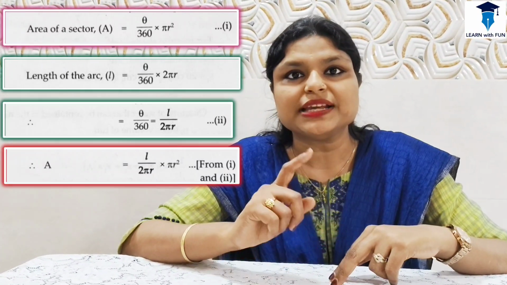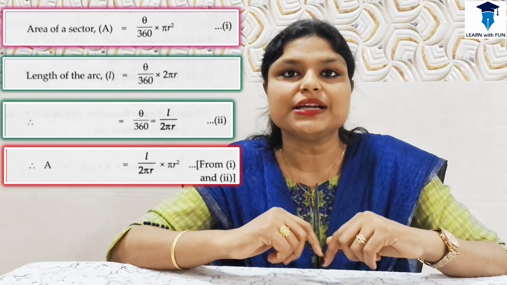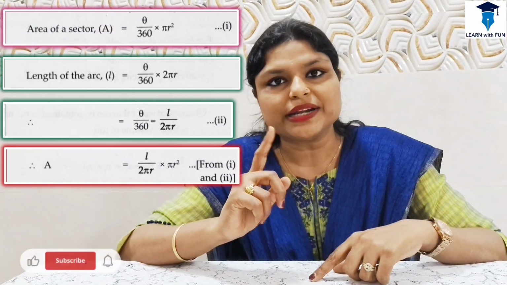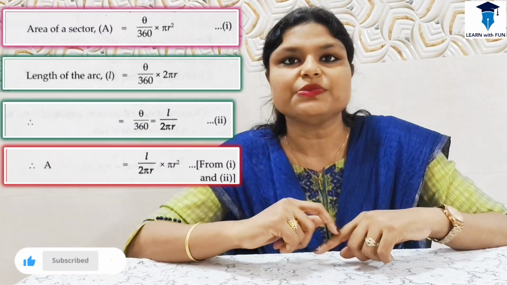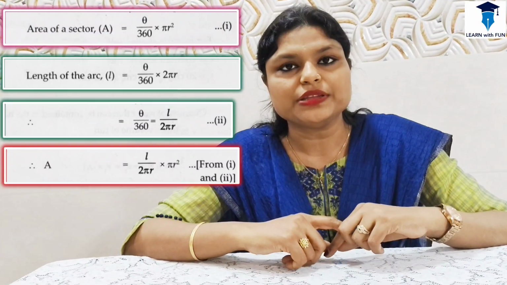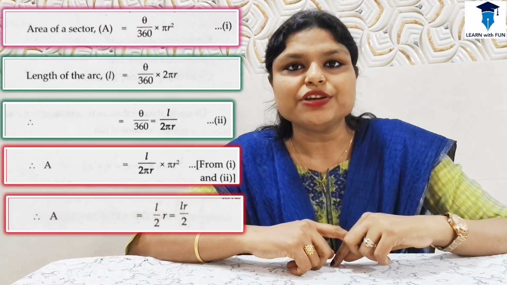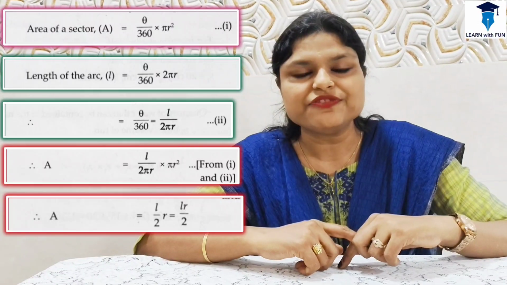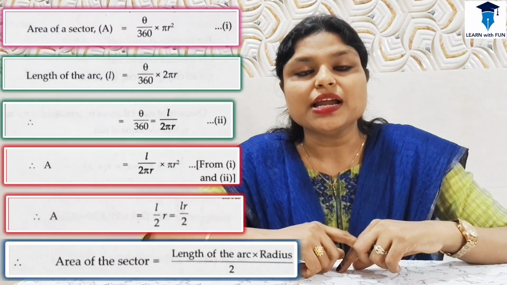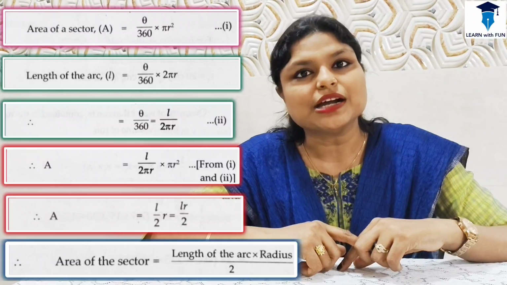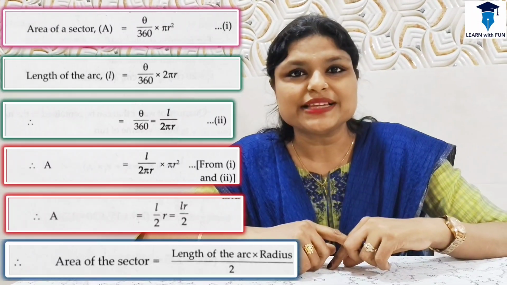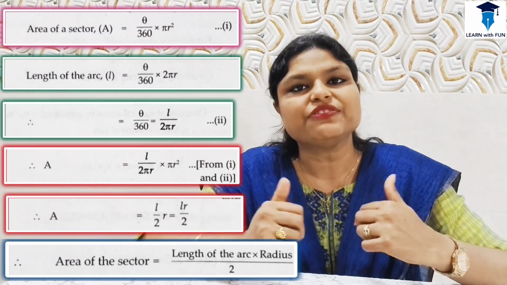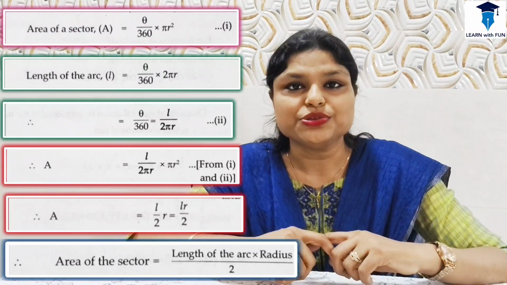Definitely here there are some common terms which I can cut in the numerator and denominator. I can cut pi from numerator and denominator, and I can cut one radius from the numerator and radius from the denominator. Thus, what are we left with? We are left with the formula area of a sector is equal to L into R upon 2. In simplified form, area of a sector is equal to length of the arc into radius upon 2. So from this, if length of the arc is given, you can find out area of a sector, and if area of a sector is given, you can find out the length of the arc very easily using this formula.